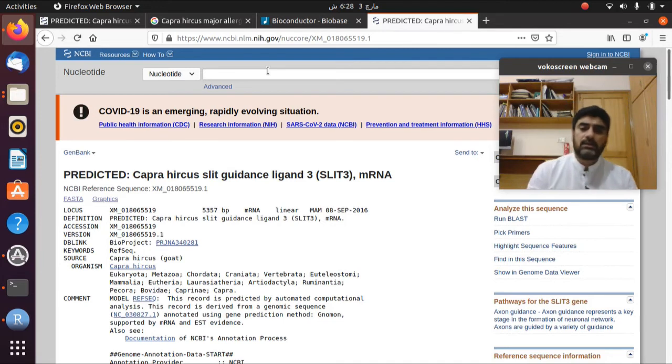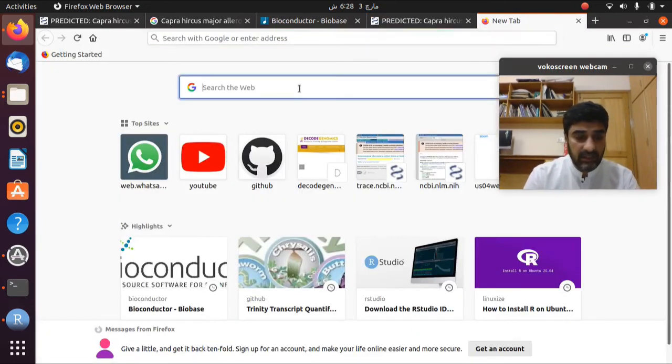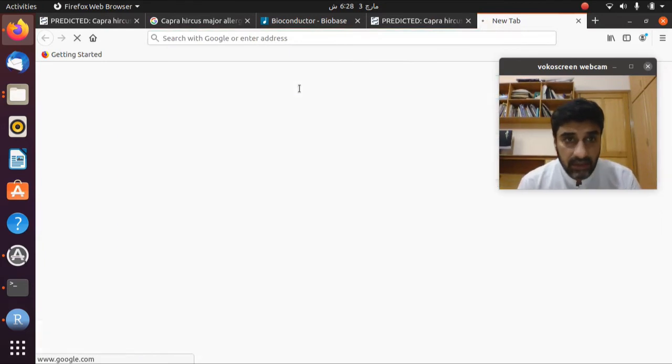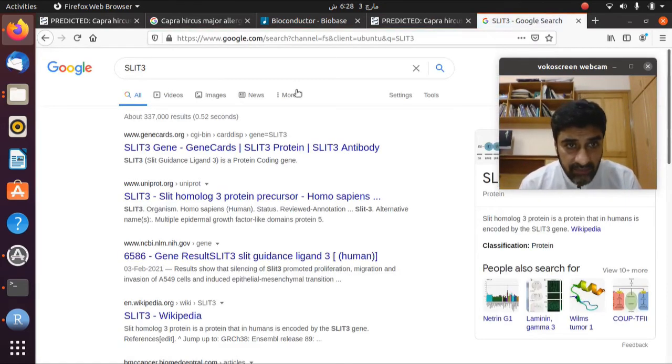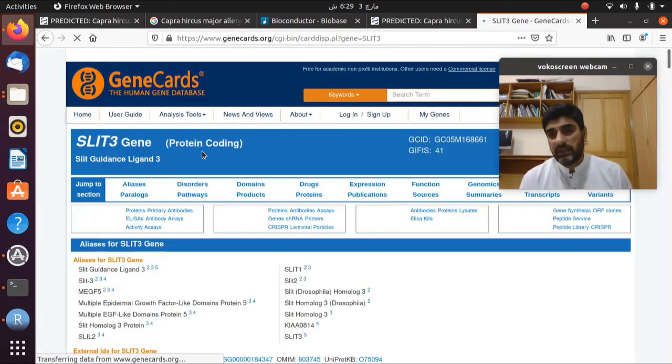So here you can find the sequence of the transcripts, and on the other hand sometimes you can also find out the function of this gene or transcript from other online tools like GeneCards. Sometimes you just write it here, and your first option is GeneCards, which will tell you a little about the function of the gene.